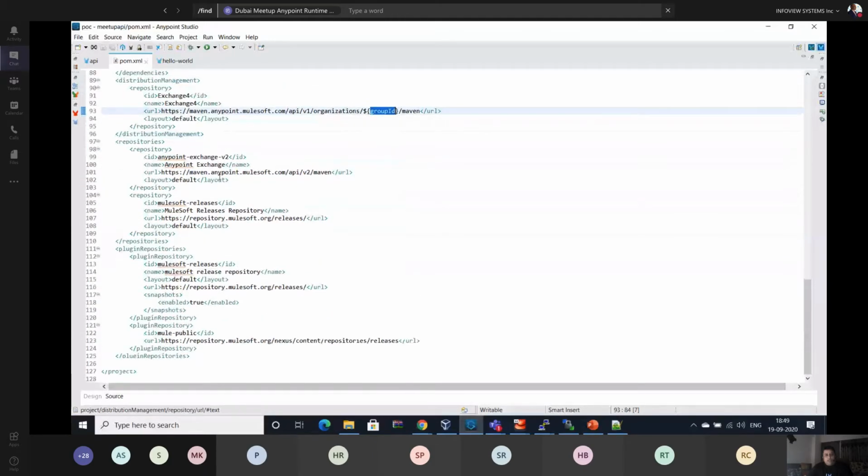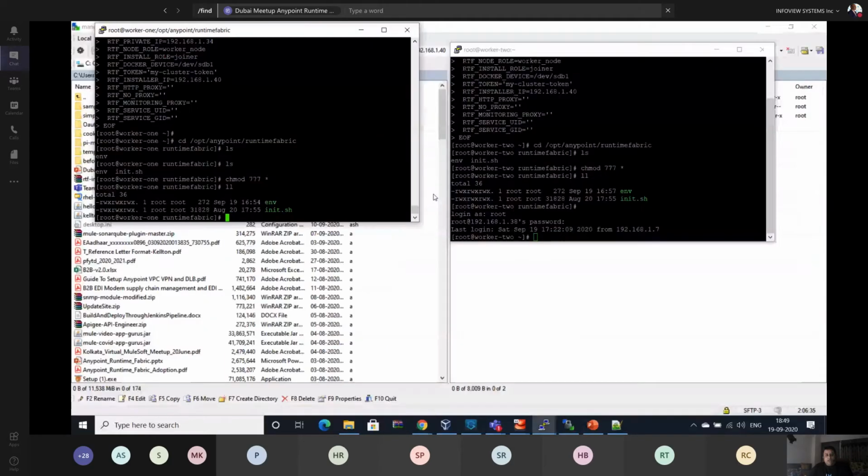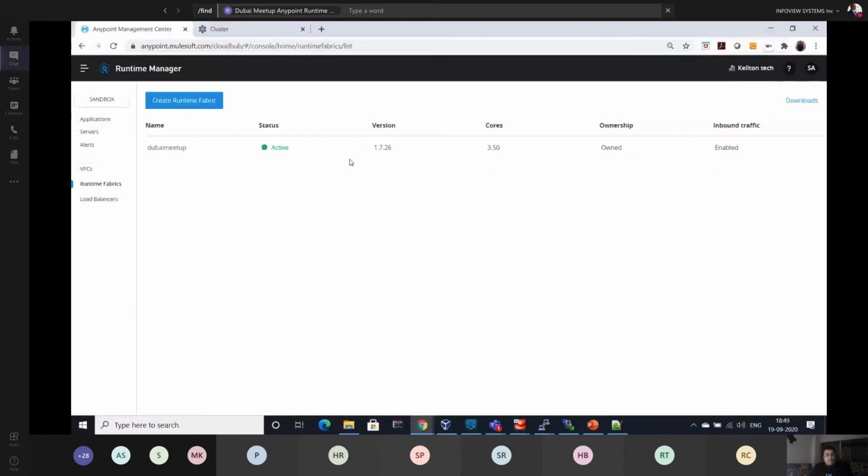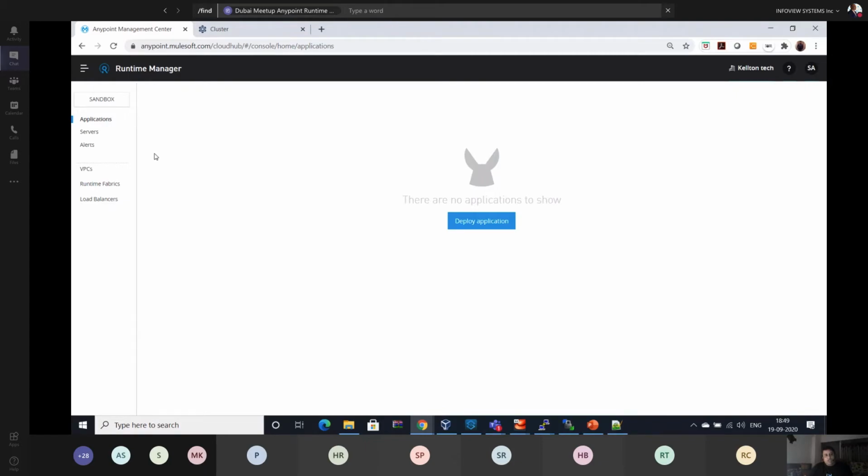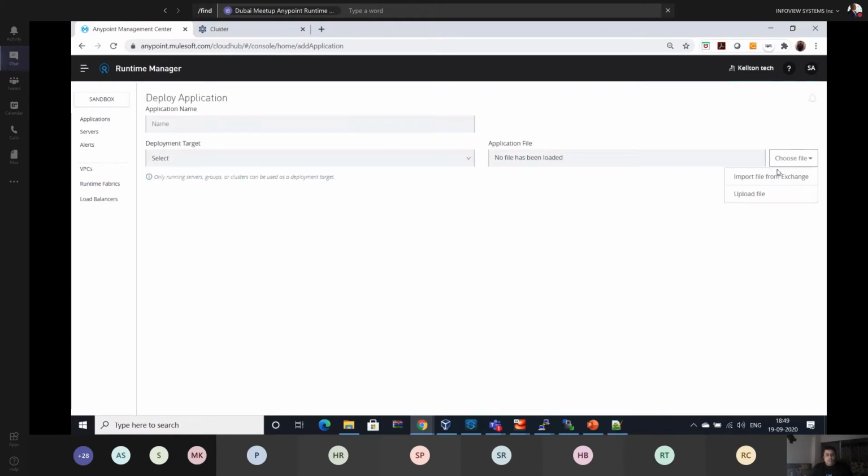One limitation we have in Maven right now is that, to deploy an application to Runtime Fabric, the application needs to be published to Exchange first, and then we can deploy from there. These are the two steps.